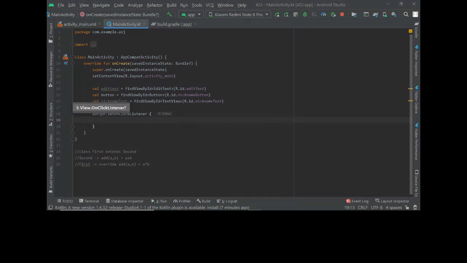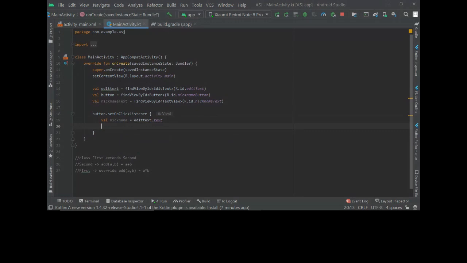So set on click listener. First, we'll get the name which was written in the edit text, so we use val edit text dot text. Now whatever text is typed in the edit text, it stores in another variable called nickname.